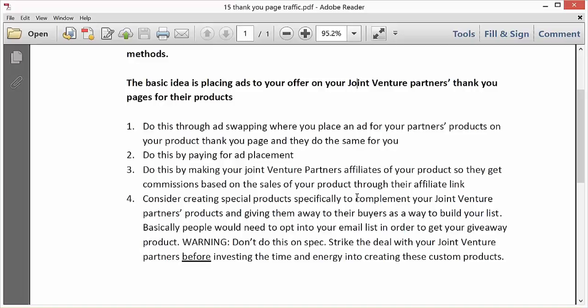So when people buy their products, then there's the thank you page, which is the page that would have the product delivery page on it, and that's where you can place ads on that page, or it could be in other places in their funnel, such as before the thank you page.